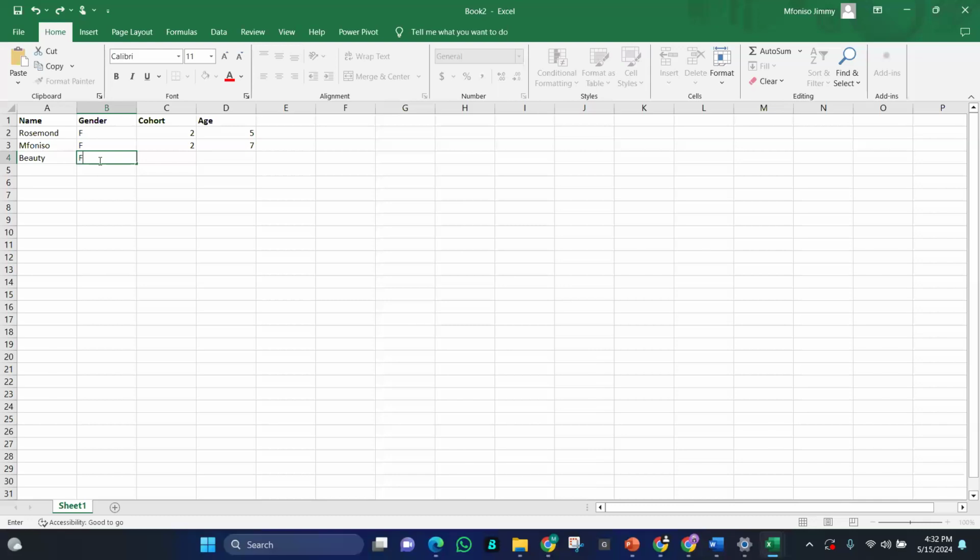Okay, I want to show you something. So Rosemond is female. She attended cohort 2, and let's say she's 5 years old. Funny is female as well. She's cohort 2, and this is Beauty.